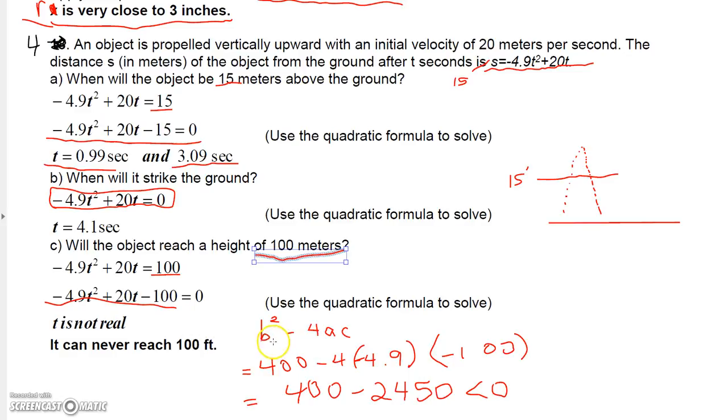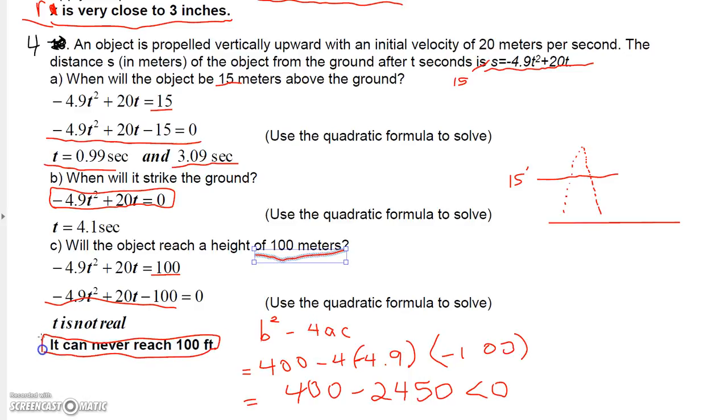Let's go back to the discriminant real quick. B squared minus 4AC: 20 squared is 400, minus 4 times A, which is negative 4.9, times C, which is negative 100, and you're actually going to get 400 minus 2,450. So you're going to get a negative number for the discriminant. And remember, when you get a negative number for the discriminant, that tells you that there's no real solution. The reason there's no real solution is because, based on this formula, it can never reach a height of